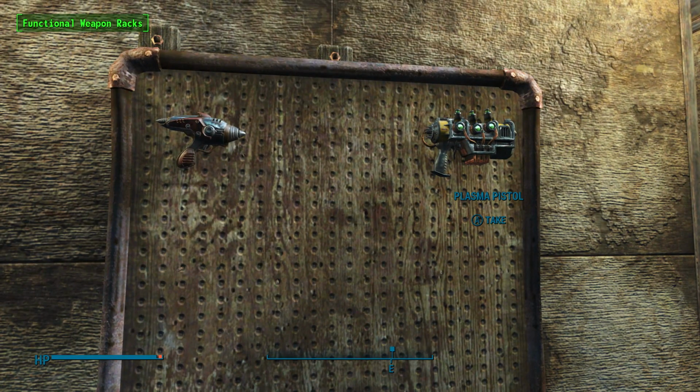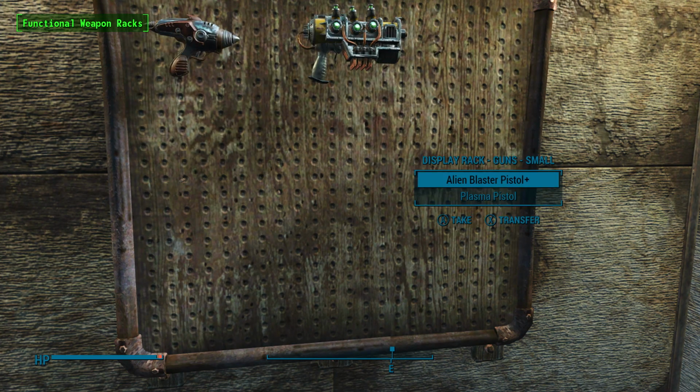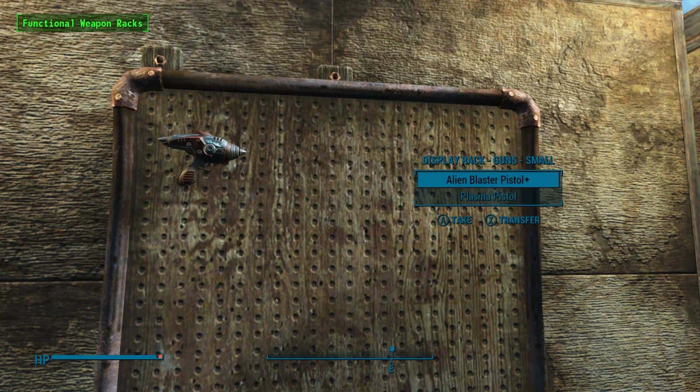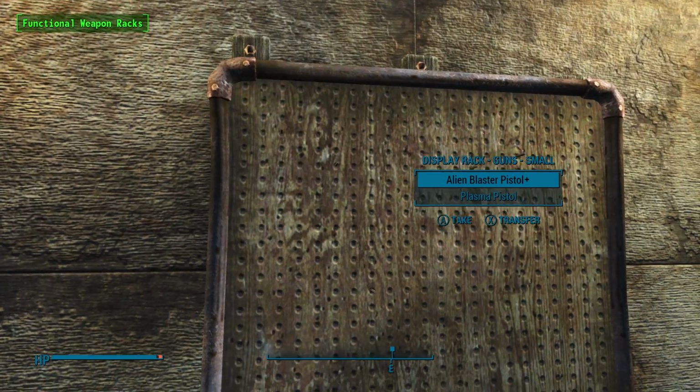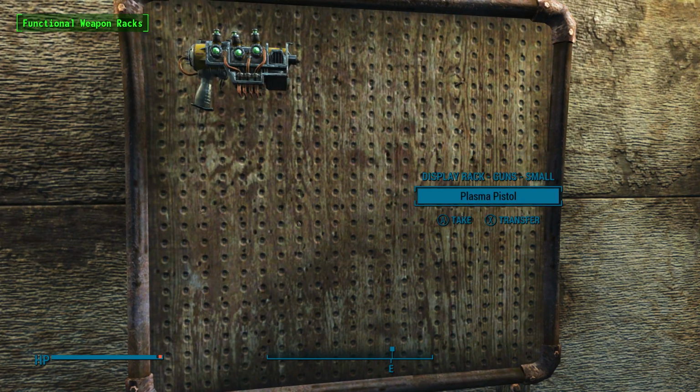If you want to remove a weapon from the rack, you can either take it out of the storage box completely, or you can just remove the visual gun instead. Going into the storage box and removing the weapon will also automatically remove it from the rack, but if you just go up to the weapon rack and click take, it won't show up anymore, but the weapon itself will still be in storage,